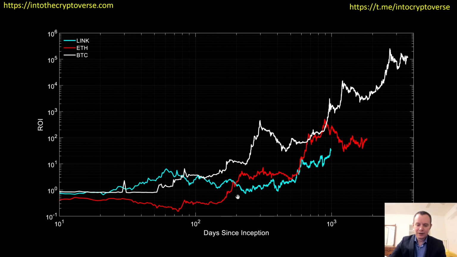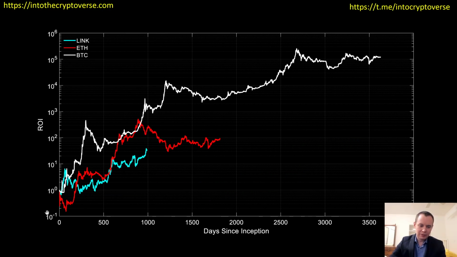And again, for Ethereum, it was after this point here. Bitcoin is basically in a bull market, and Link is, again, not too far behind Ethereum. If you look where it currently is, it's where Ethereum was at the end of the bear market. Well, you could argue what is the end of the bear market, but if you say the end of the bear market